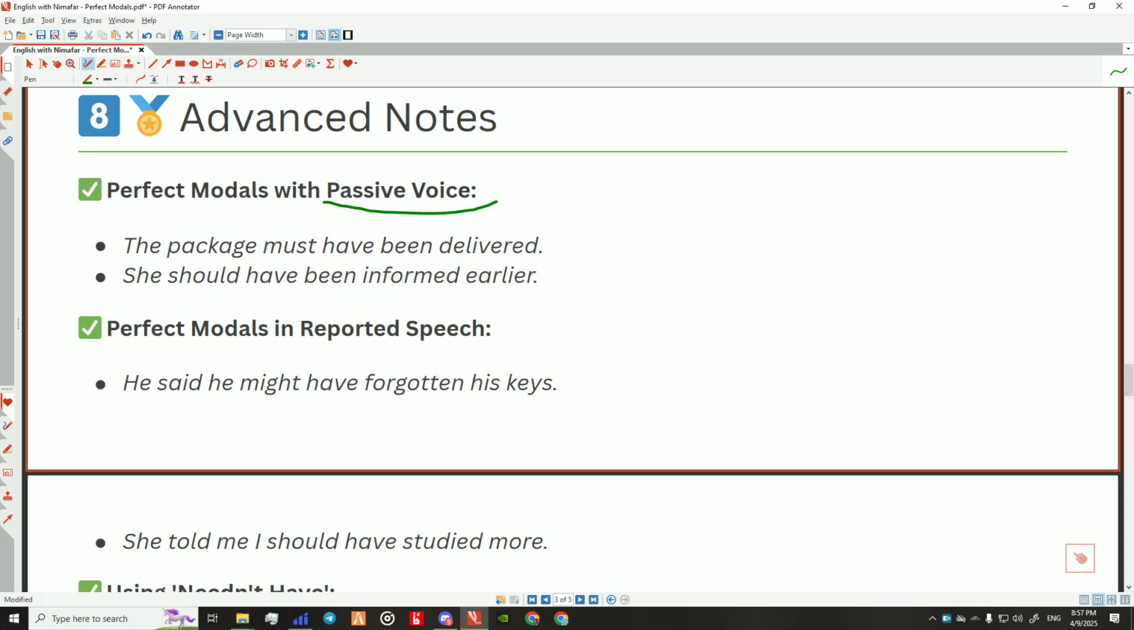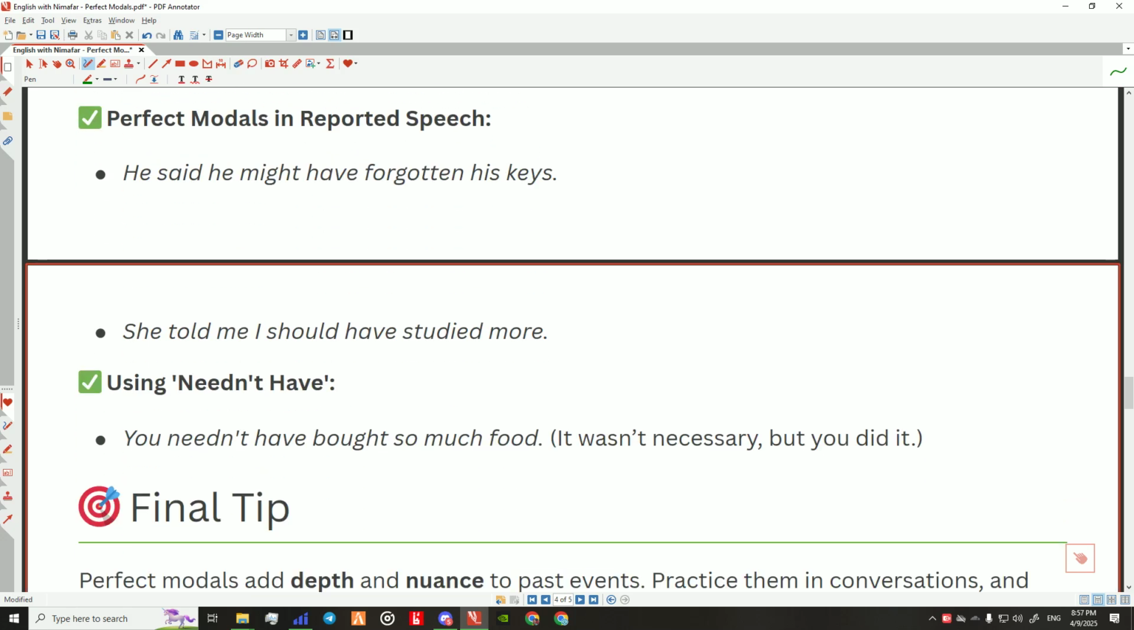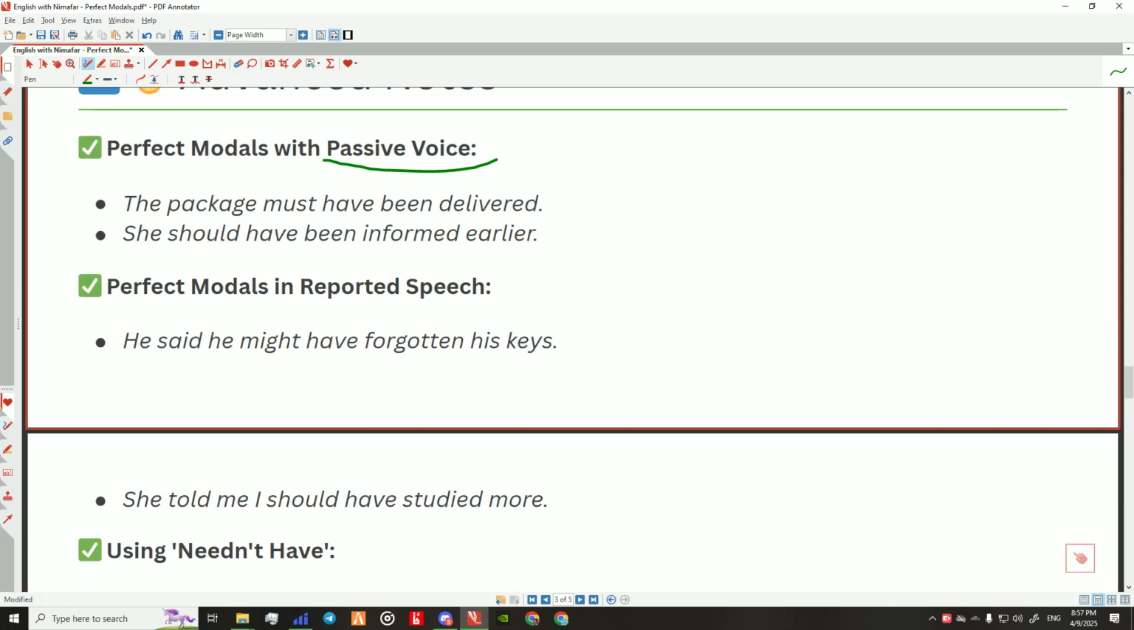It implies, it is inside this sentence, there's a hidden code. He told me I should have studied more, but I didn't. I didn't listen to him. Something like this. And the best part,